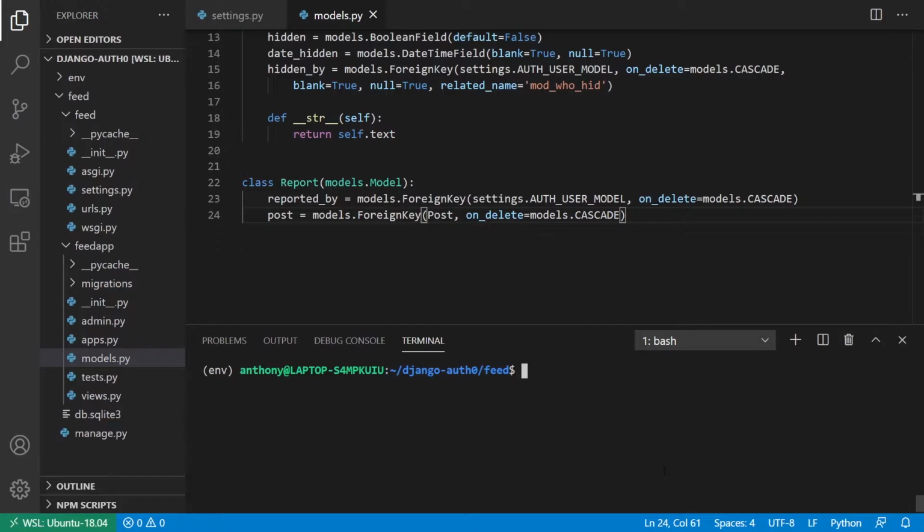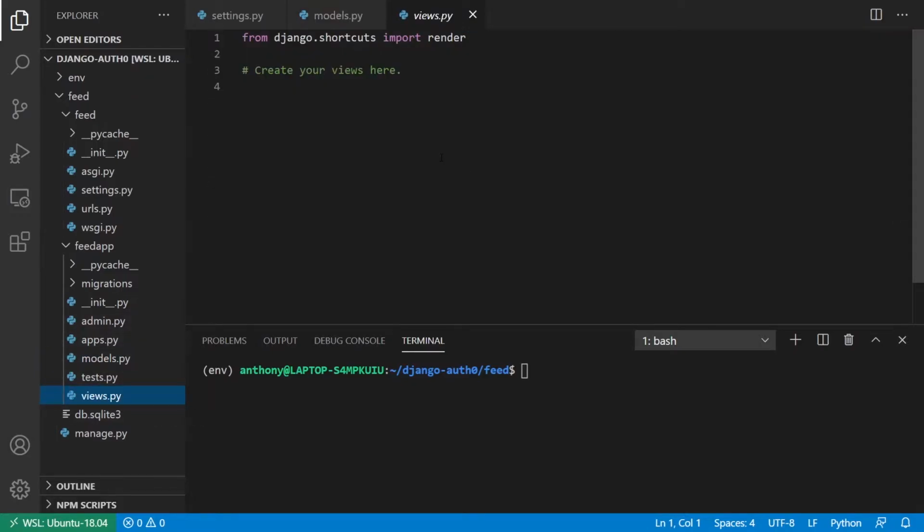Okay, so now that I have the models created and I added them to the admin dashboard so I can look at them later, the next thing I want to do is start building the views for this. So I'll go into views, and in here, I'll create two views, and there will only be two views for this particular app. One view will be the home page, the index, which will list all the posts that I have. And then another will be the reports page, which will list all of the reports that were submitted by the users. So I'll create two functions here,